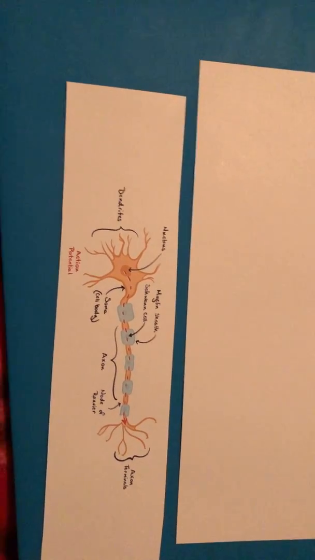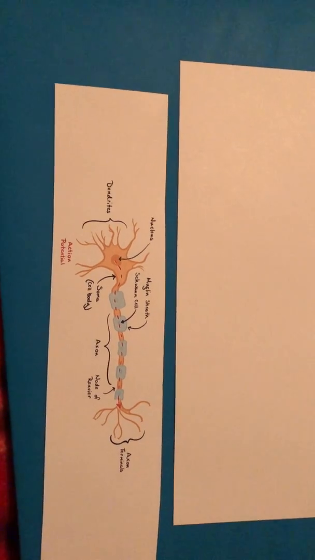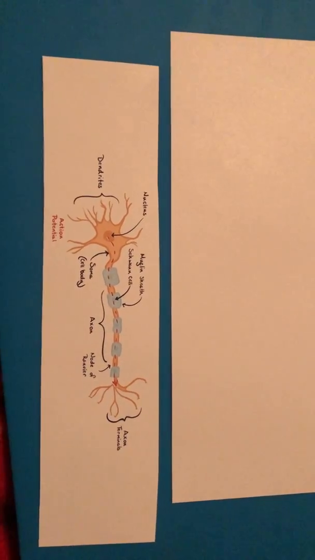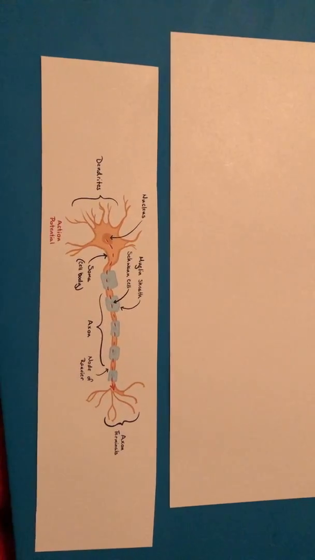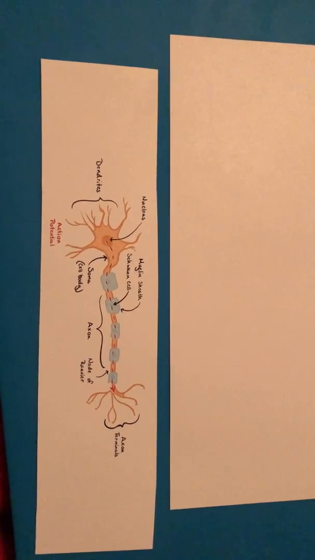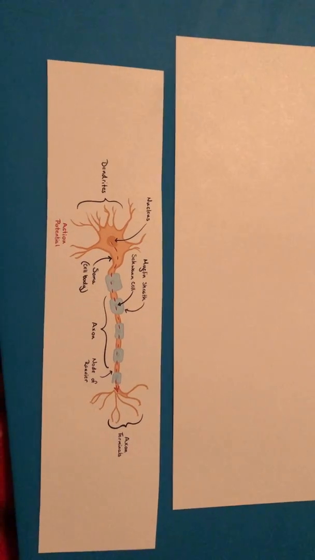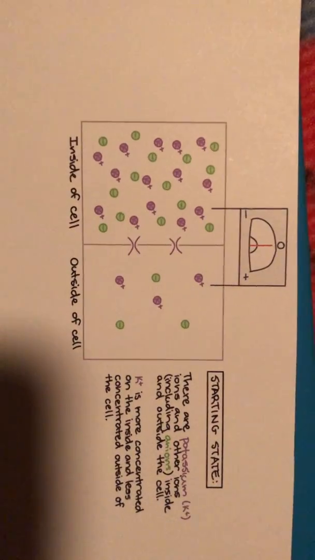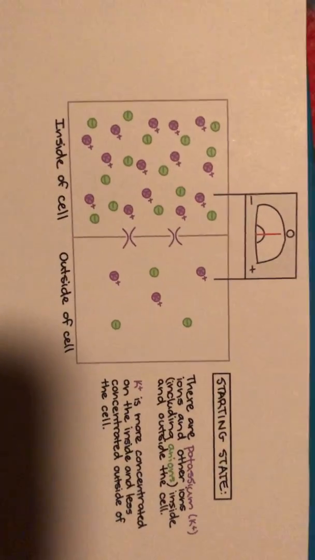A resting non-signaling neuron has a voltage across its membrane called the resting membrane potential, or simply the resting potential. The resting potential is determined by concentration gradients of ions across the membrane and by membrane permeability to each type of ion. So I actually have another graph to show you of the internal of the neuron, like what happens